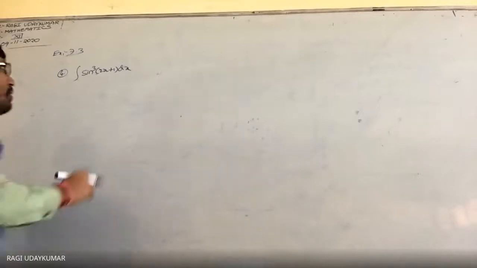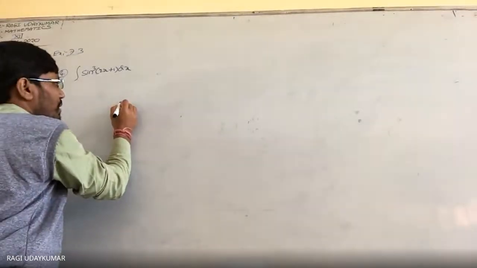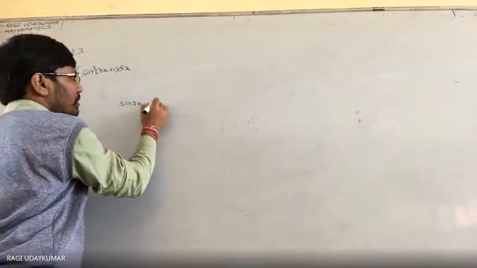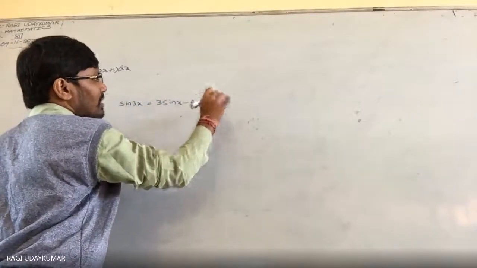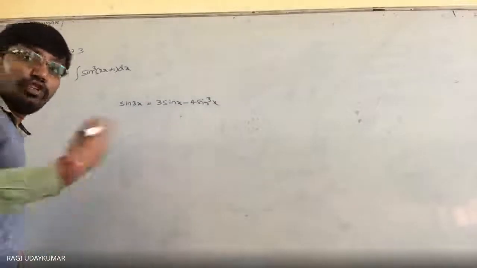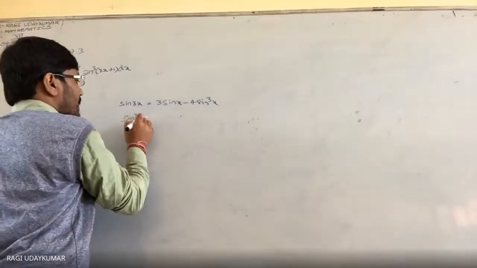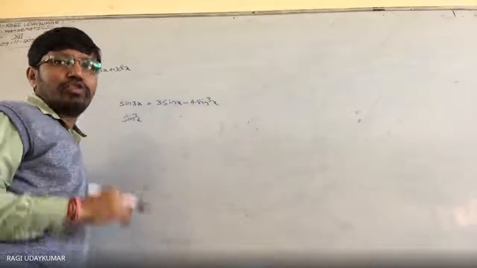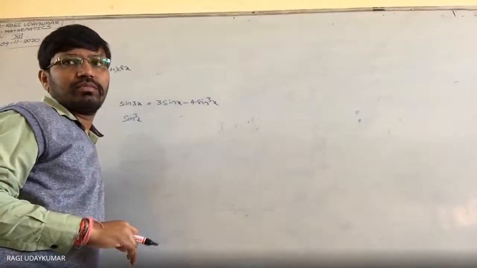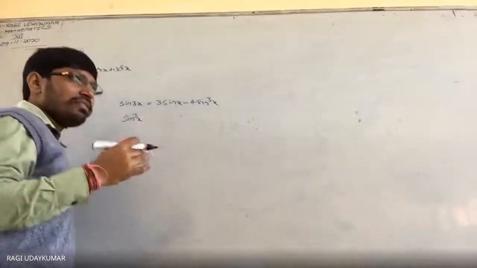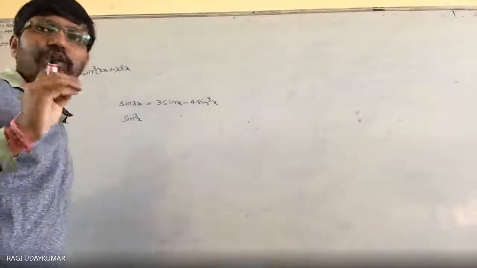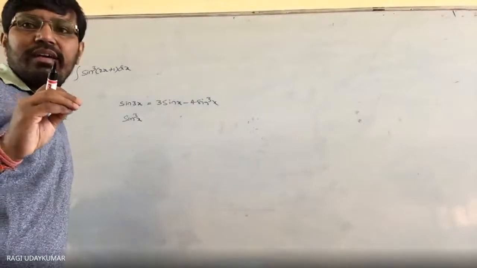How? Cube can be written as, you do remember, sin 3x is equal to 3 sin x minus 4 sin cube x. From this sin cube ले लो. यही problem को मैं two ways में बोलता हूँ. In the two ways you will see, like the experiments I told you. You have to spend more time to learn integrations.